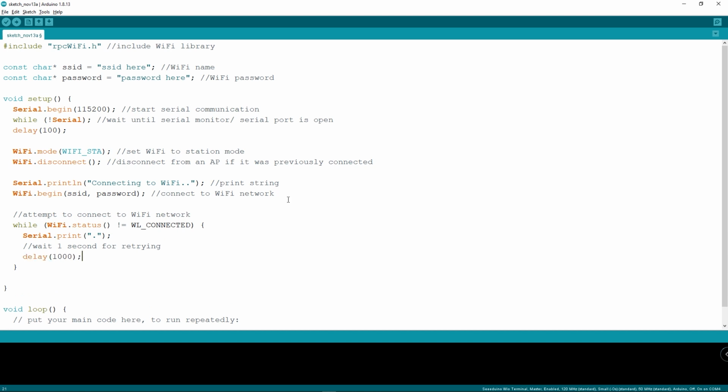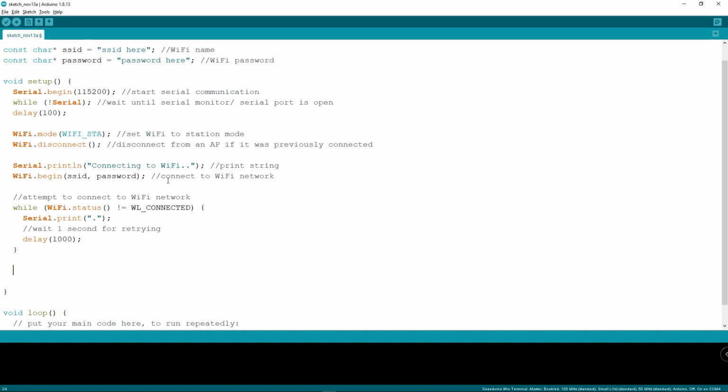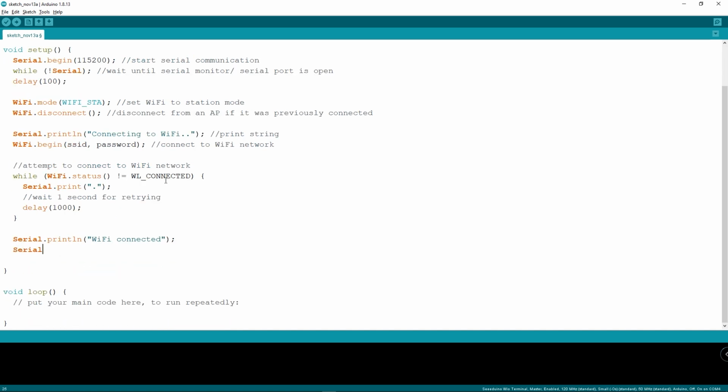Next, print the following strings. And finally, print the Terminal's IP address.